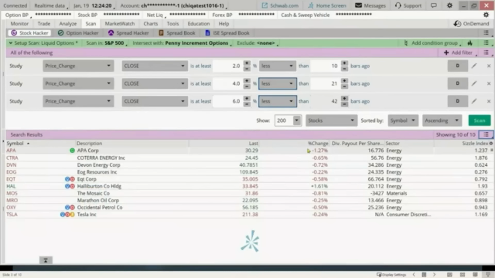Now, let's do this. Here I have stocks that have come up. If I wanted to, I could add in a parameter. Maybe I want to avoid earnings. Okay. We're at the beginning of earnings season. There's a lot of companies that have earnings. If I wanted to do that, I can add that parameter here, and I'll show you how to do that.